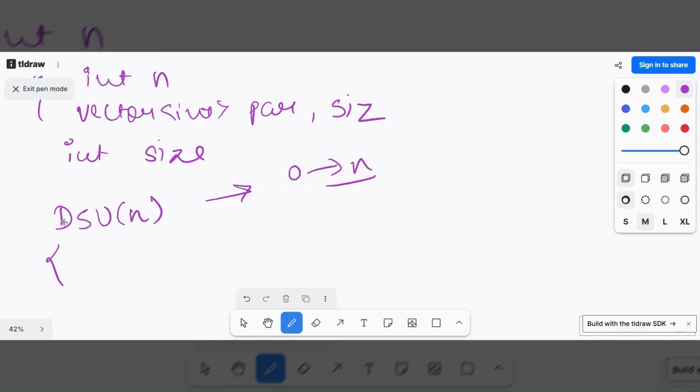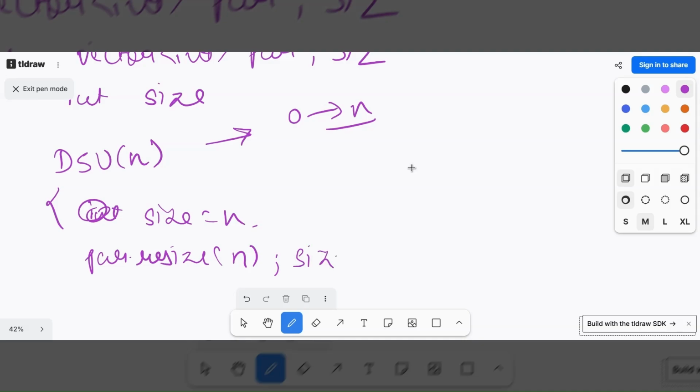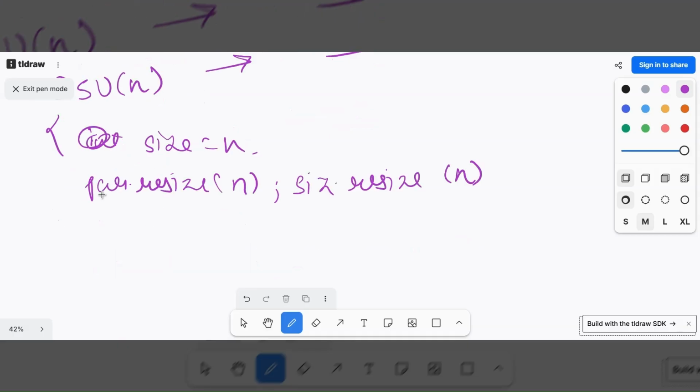Cool. So what this constructor does is, DSU(n) will initialize, sorry, size as n. So now our size is n. Our parent, we will resize this parent vector to n and also our size vector to n. So both of these I have resized to n.